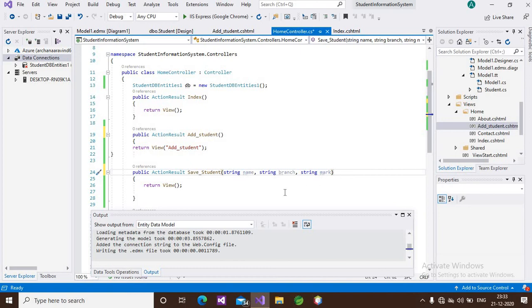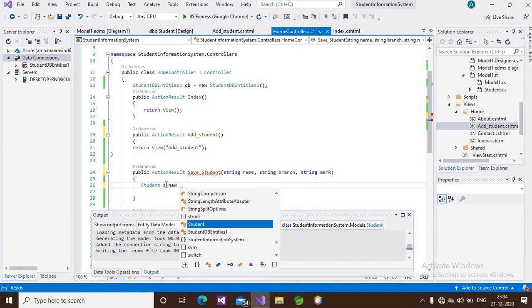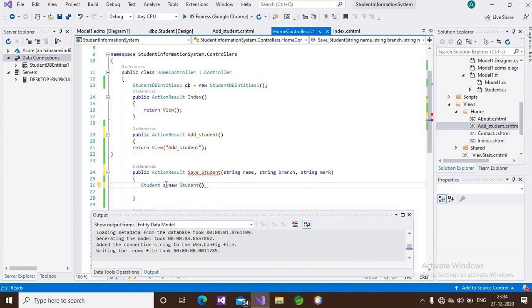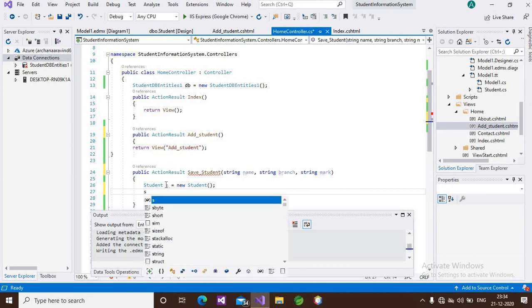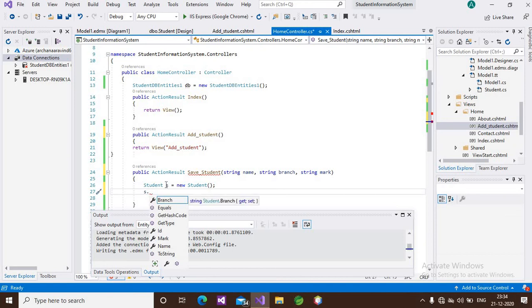Okay. After that, here we have already created our database object. Next we have to create our table object. Student s is equal to new student. Then we have to add each item to our table. For that, using this object we can save each item. s.name equal to name, that is this name. Okay.